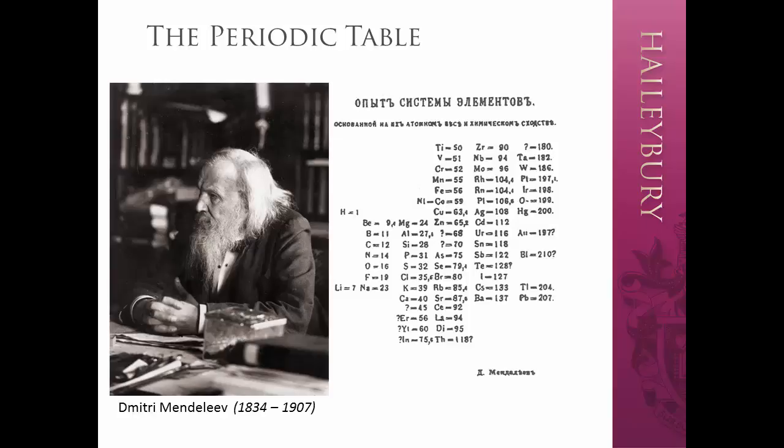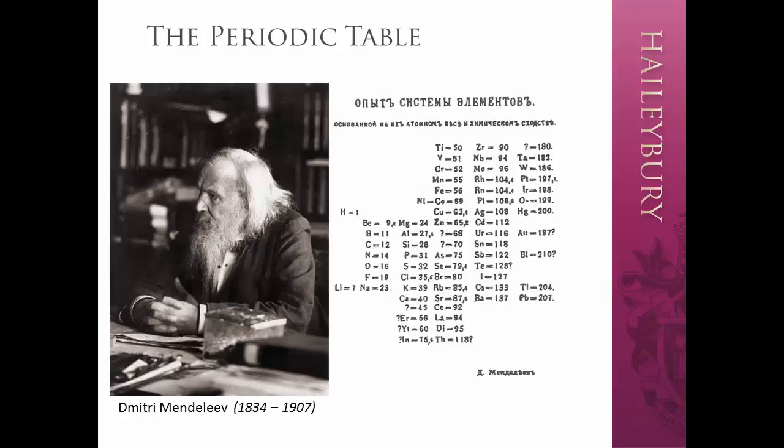The periodic table as we currently know it really came into being during the 19th century. Dmitri Mendeleev is credited with being the first person to organize all of the known elements at the time into some kind of structure. If you have a look at the diagram here, this actually looks like the periodic table